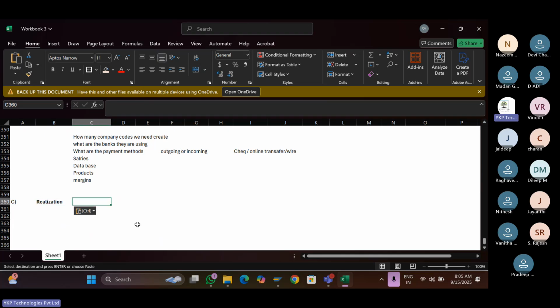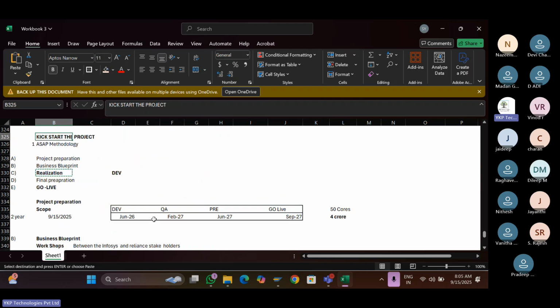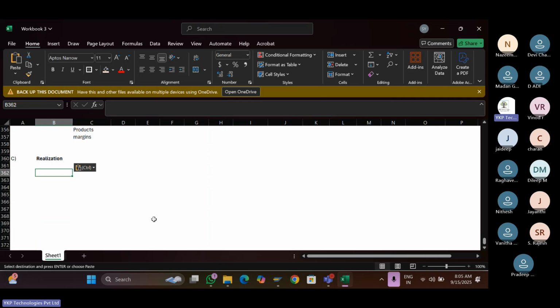What all will be there? We will write the functional specification documents. Even though they have given approval for the blueprint, we will not directly go and do the configuration. Before doing the configuration, after blueprint approval,